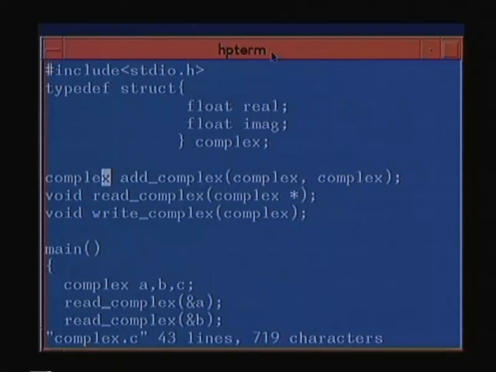Add returns complex, add complex, first argument is of complex type, second argument is of complex type. Void read complex has only one argument which is the pointer to a complex type, and void write complex also has one argument which is a complex type.